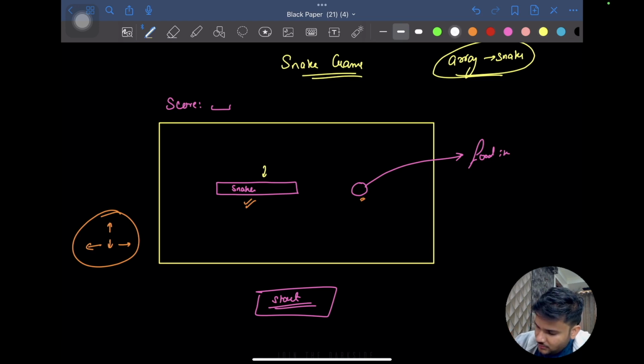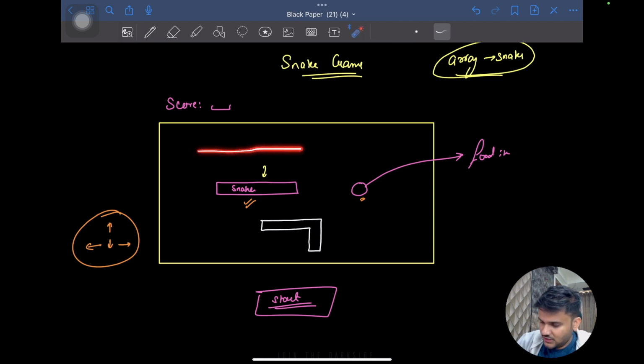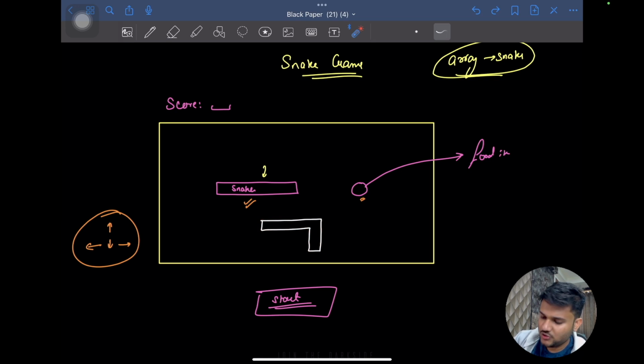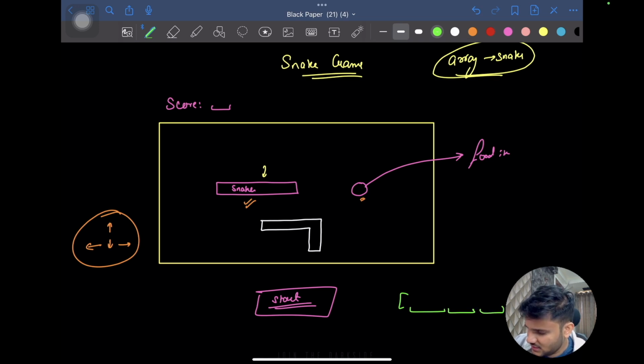At some point of time, while moving, the snake might be in this kind of an orientation as well. Let's say the snake was moving in this direction and I press the downwards key. So the snake will start moving in this direction. How can we handle this kind of an orientation? What we can do is, at any point of time, the array of the snake will be of a certain length n, and each entry inside this array is going to represent a coordinate,